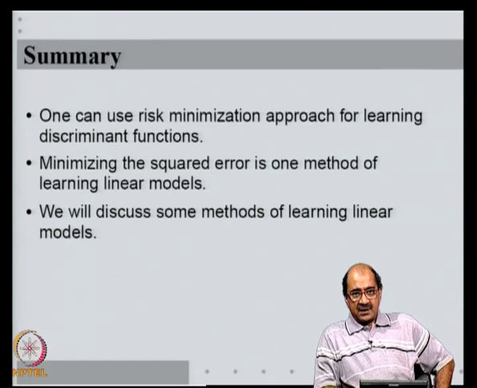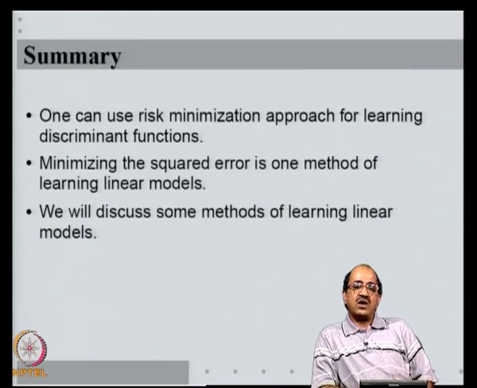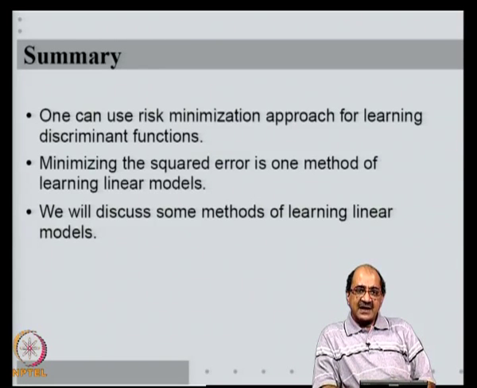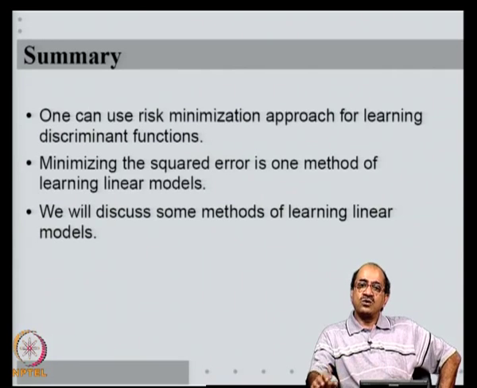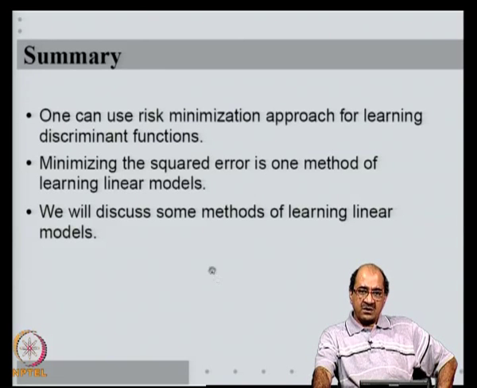What is also good to know at this point is that learning many of the nonlinear models can also utilize the same risk minimization approach. That is, we choose a suitable loss function, very often square error loss function, and minimize the f hat function, that is the empirical risk, to find the best parameter vector. So, both for learning linear models and also for learning some of the nonlinear models, we will often use minimizing risk using a suitable risk function.